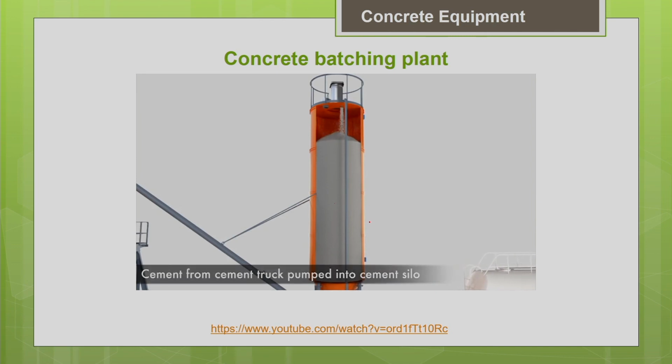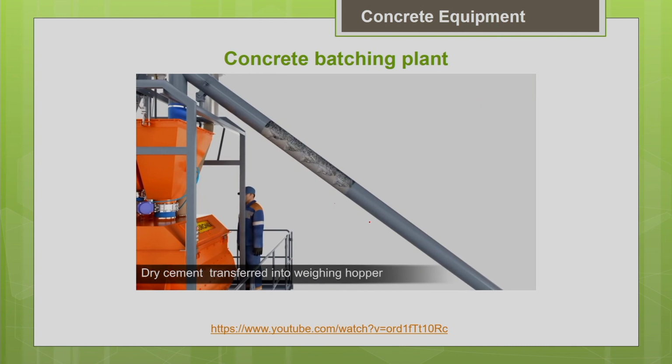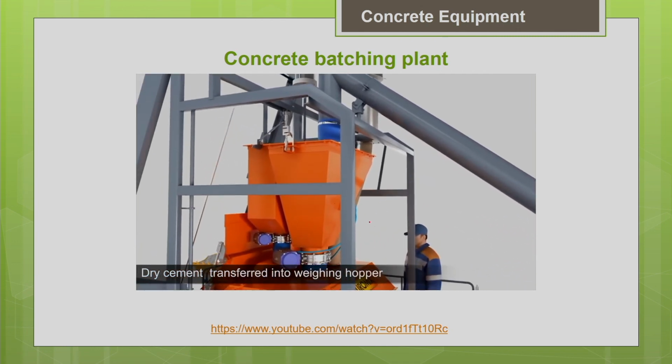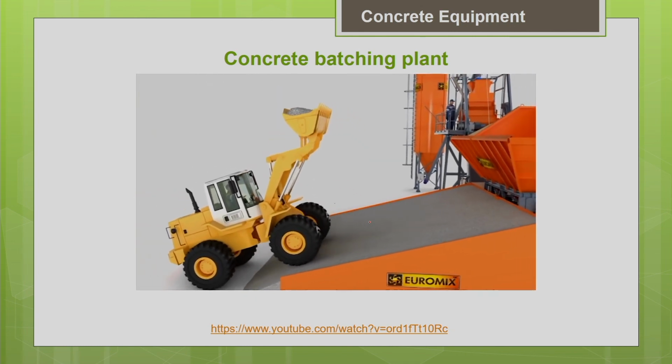Okay. So, the cement silos are filled with the cement. Now, the cement from the cement silos is conveyed by the screw conveyor. You can see this. By the screw conveyor, it is being conveyed into the weighing hopper. You just weigh the required quantity of the cement before loading it into the mixer machine.